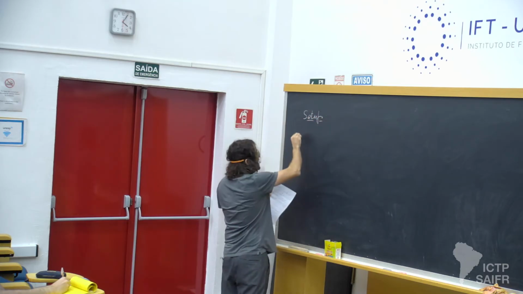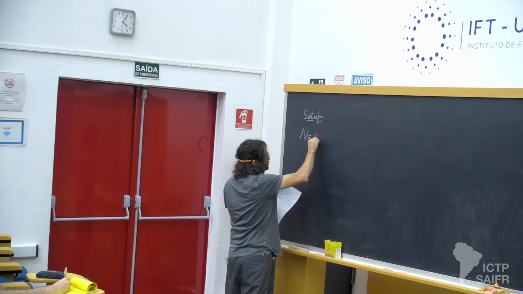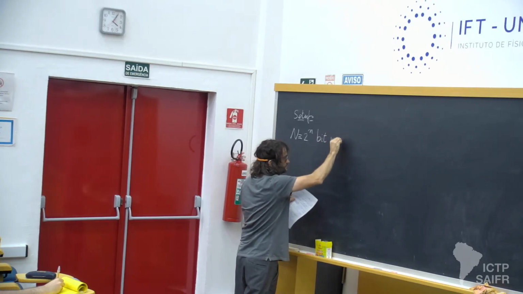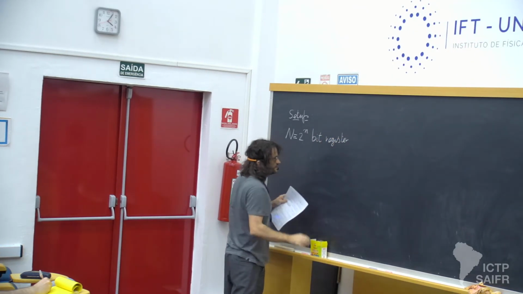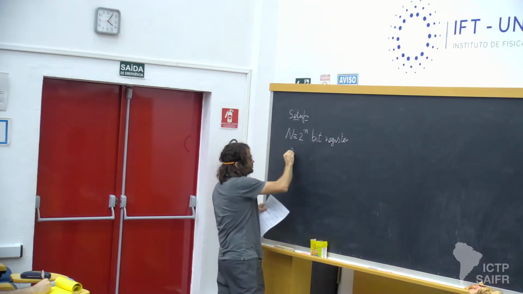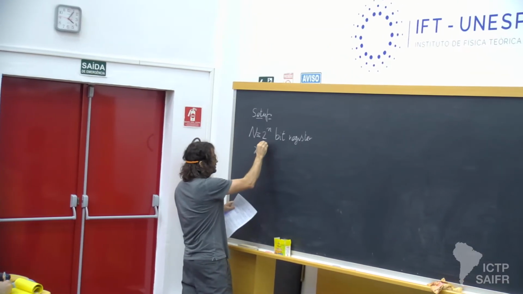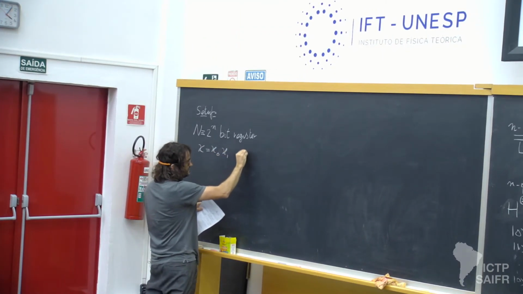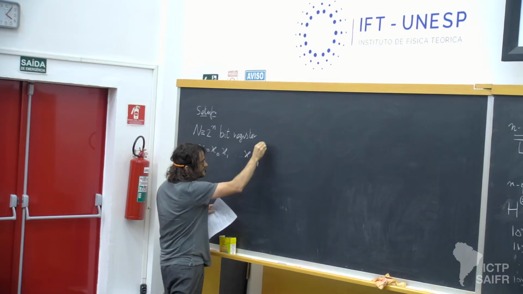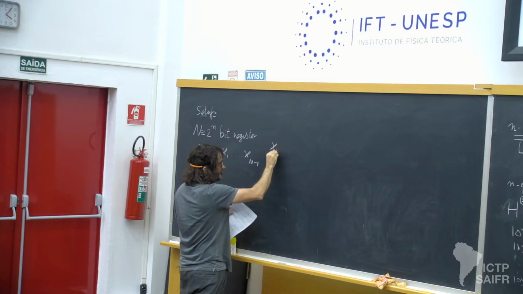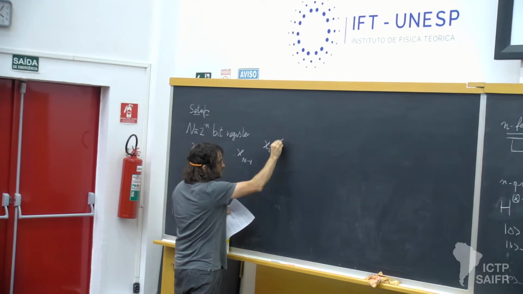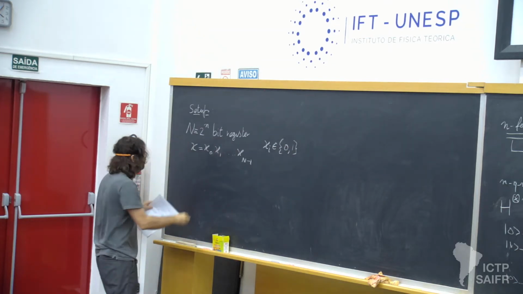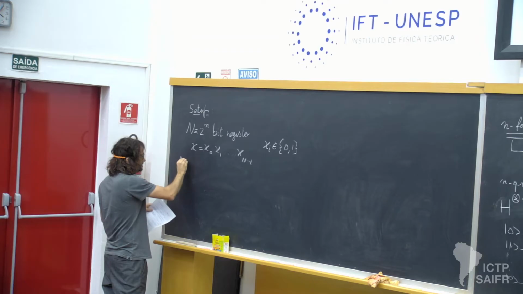We have a 2 to the n bit classical register, which we call x, and I call x equal to x0, x1, up to x_{n-1}, where each xi belongs to 0 and 1. And I call this memory, or somebody calls it oracle,